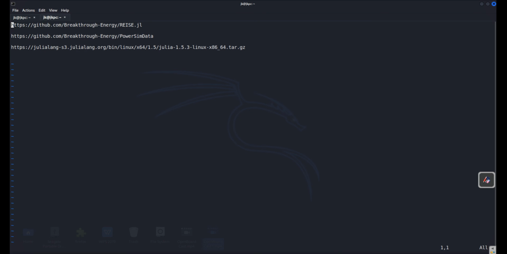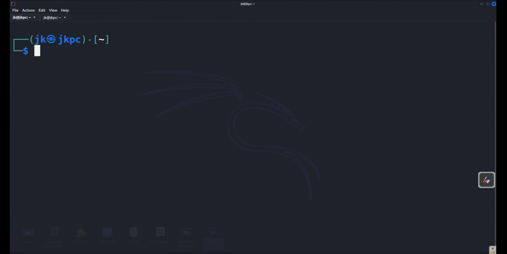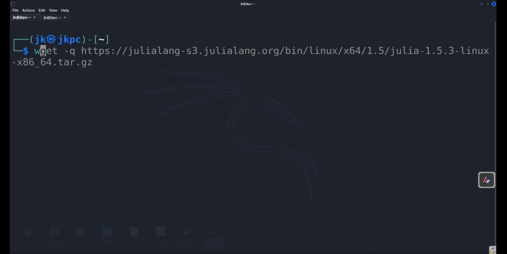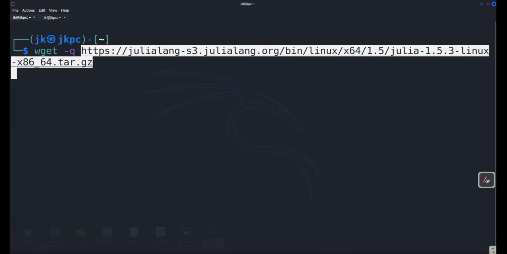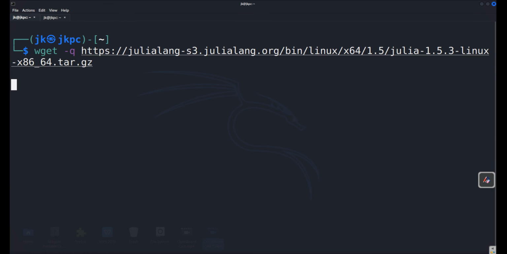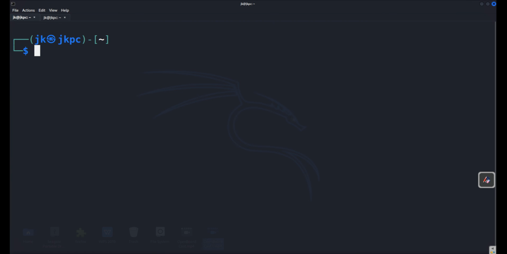So we need to have Julia installed. The version they recommend is 1.5.3. So we'll just get it, maybe silently. So we are downloading Julia 1.5.3. We are going to untar it,